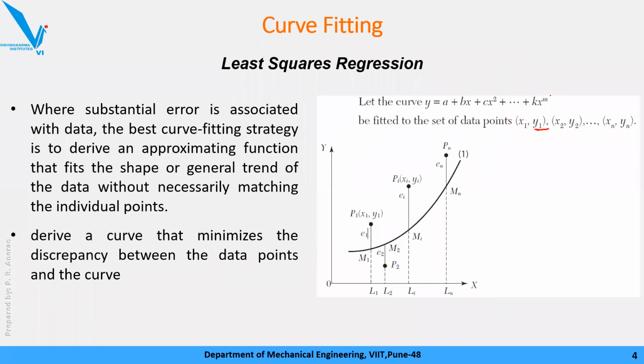So this y1 obtained from the equation will be different, so I'll keep it as y dash. If I plot that point on the graph, it will look like this. This is my m1 point. M1 is nothing but the coordinates x1 comma y1 dash. Okay, ये नया वाला point है, and the difference is seen here, y1 and y1 dash. This difference between the real and the theoretical, or the experiment and the formula,